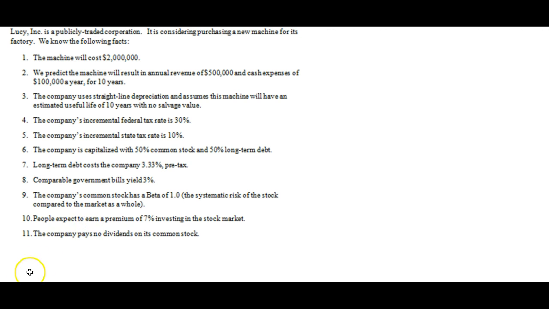So, how are we going to attack this problem? First, let me tell you a story. I was thinking about opening up my own mortgage company. So I was going to lend money to finance and accounting students because I think they're a good credit risk. But I don't have any money, so I go to my rich uncle. I say, hey, rich uncle, will you lend me $10 million? And he says, sure, I'll charge you 5% interest. So the right-hand side of my balance sheet, the only capital I have is debt at 5%. So if some student comes in and wants to borrow money from me and pay me 4% interest, do I put a note receivable on my books for 4% when my money costs me 5%?